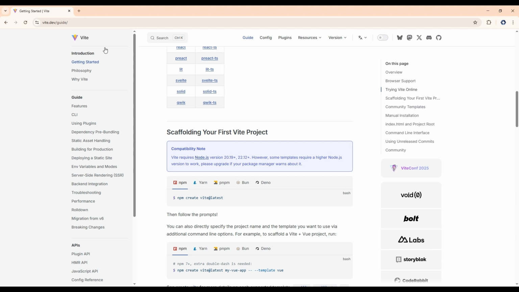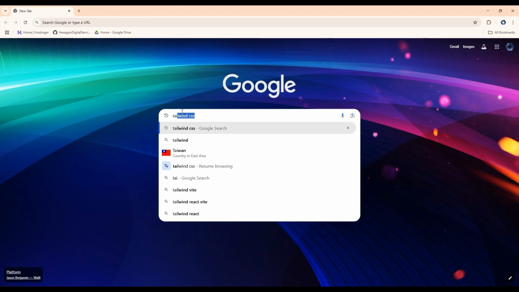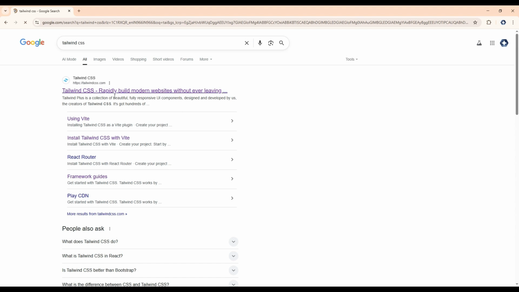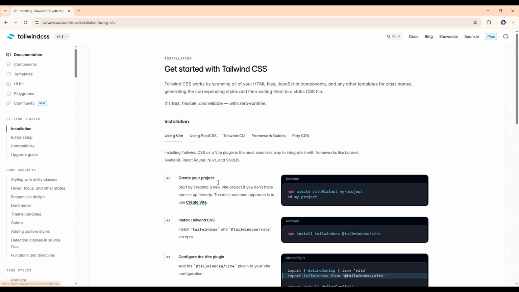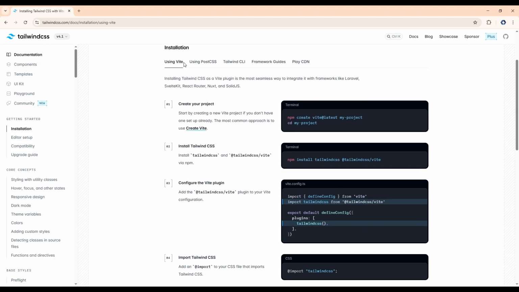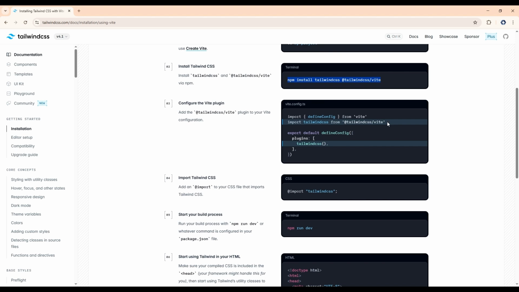Now after this, in Chrome search for Tailwind CSS, and click on the first link. Now click on get started. Now after this, click on using Vite and copy this command and paste it in your terminal. Now again copy this import statement